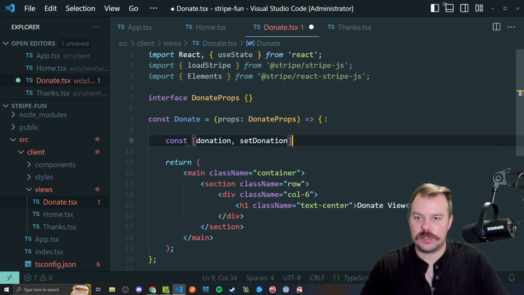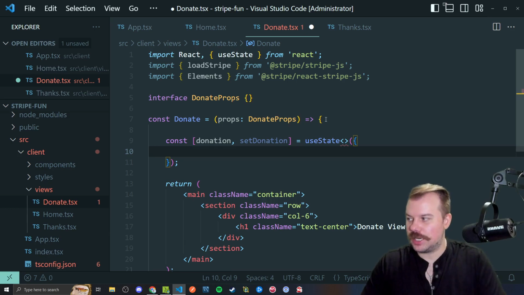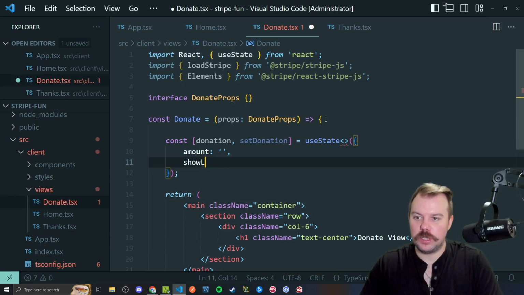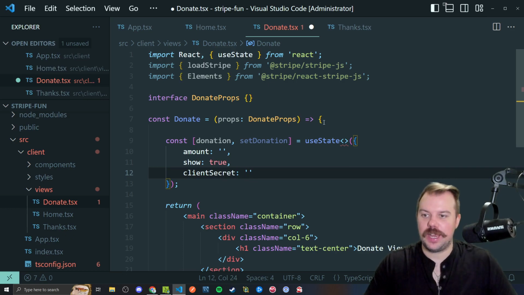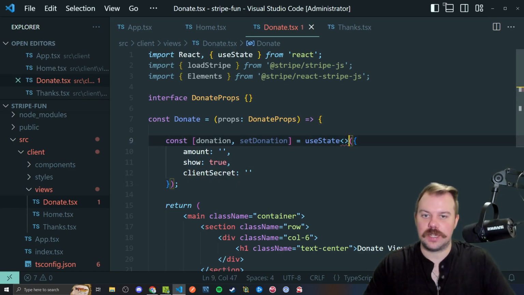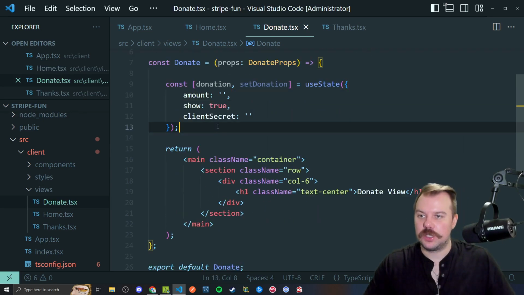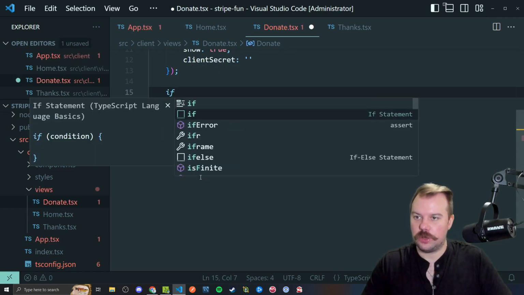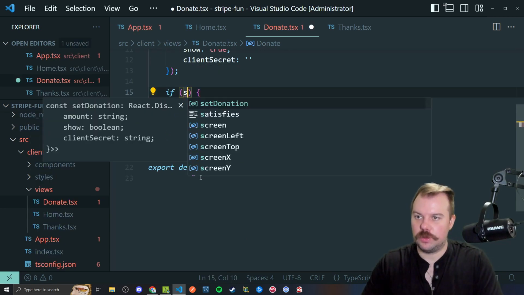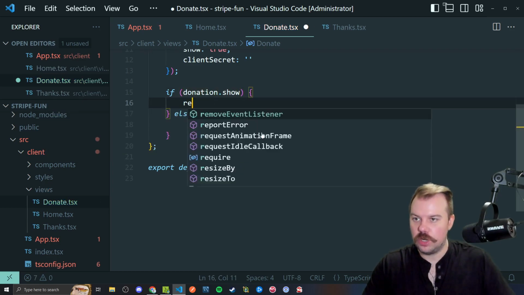We're going to say donation, set donation is a useState call with a type of an object that will have amount string, a show boolean that will be defaulting to true on first load, and a client secret string we have to obtain from our post request. And I think it'll be able to infer what the type is here. Yeah, there we go. Okay, it did infer the type. So there's our state set and ready to go. Remember, in our return statement, we're going to be doing a conditional if-else return, where if donation.show is true, we're going to return